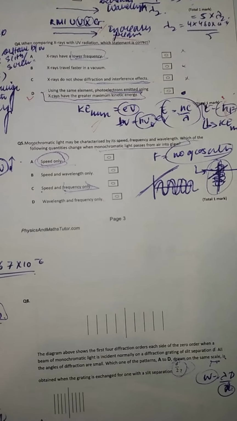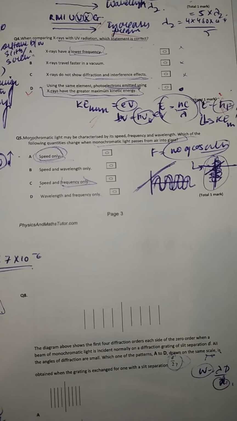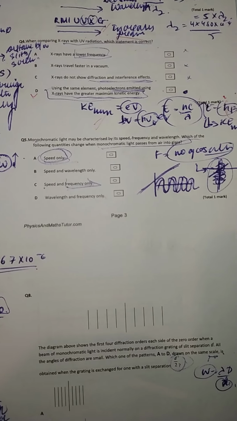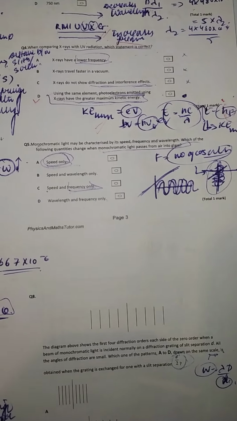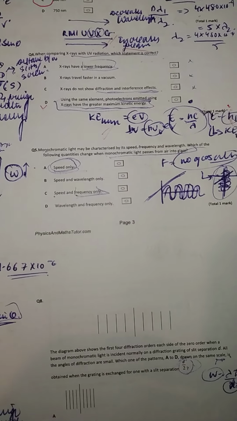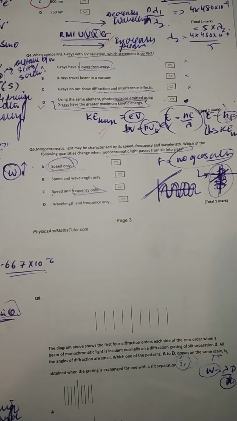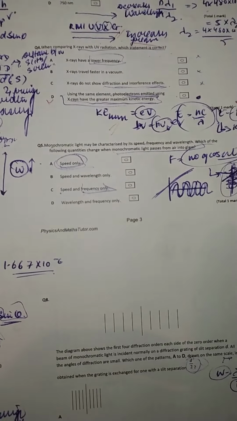air being the rarer and glass being the denser. But actually the wavelength also changes, funnily enough. You would think that some people would say speed only, but actually the wavelength will change as well, due to the speed being equal to f lambda. A cute furry lamb, if you remember, or very cute lamb. So that also leads to the variation of both the values of lambda, being the wavelength, and the speed respectively,